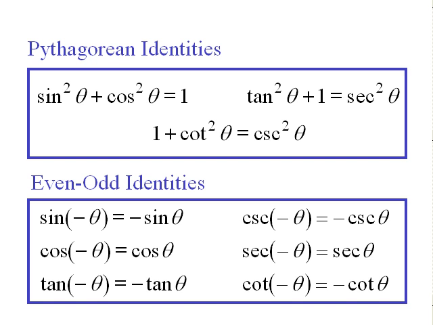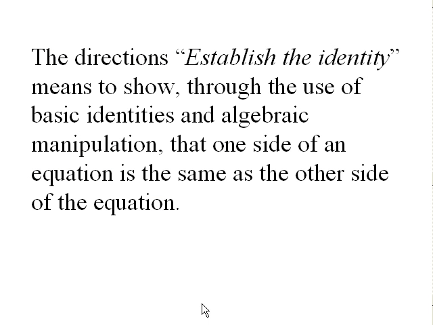What do you do to solve an equation? You're looking for a particular value of the angle that works. What do you do to do an analogous thing for an identity? The word would be to establish the identity, and the way you do that is you show that the identities that you have as raw material, those named identities that were on the slides before this, can be exploited, can be used to reduce one side of the given equation to match the other side.